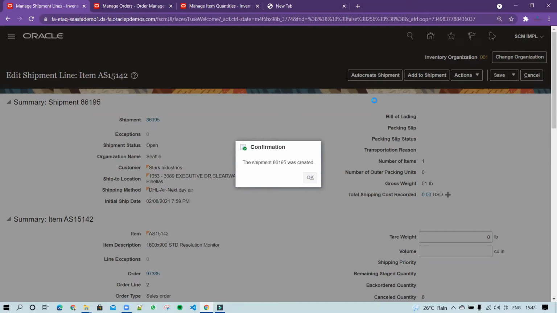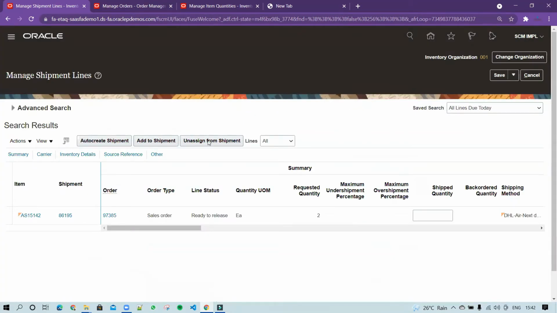Let me click on OK and show you how you can select multiple orders to generate the shipment number. Let's assume I have selected that particular order. You can put such a condition, or you can select the schedule status. Based on that, it will find a couple of orders. So you have to just select that particular order, and one by one you can select all the orders, and simply you click on the auto create shipment.